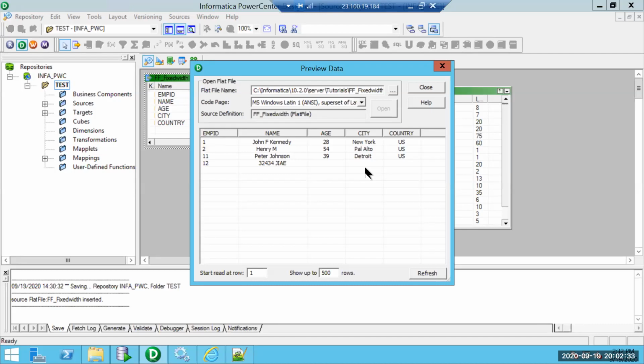Likewise it goes. It basically goes by the position at which the previous column is configured, from that plus 1 to the length of the column. Let's suppose employee ID is configured as length 2. What happens is anything beyond 2 will be spilled to column 2.